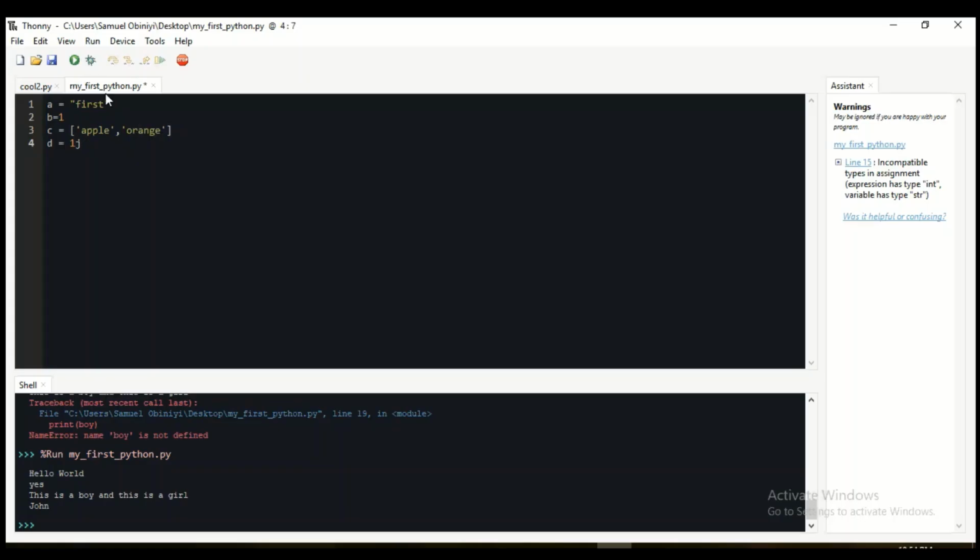Now these are different data types, as you can see. Let me go ahead and add one more. E equals